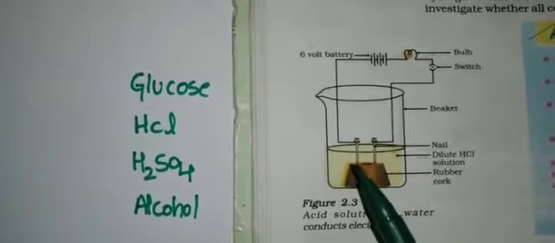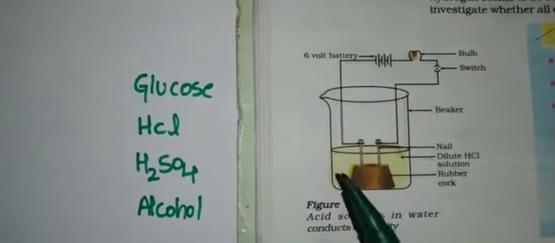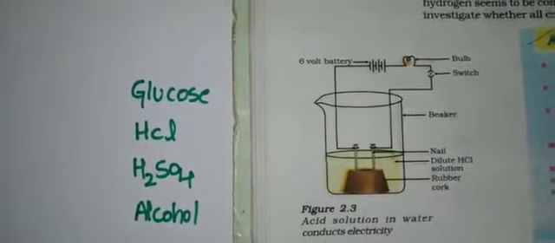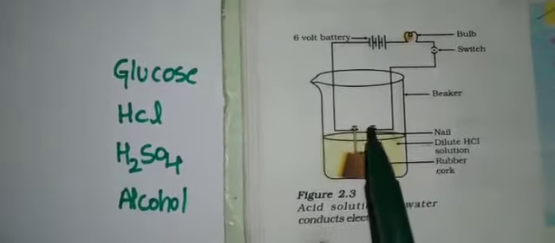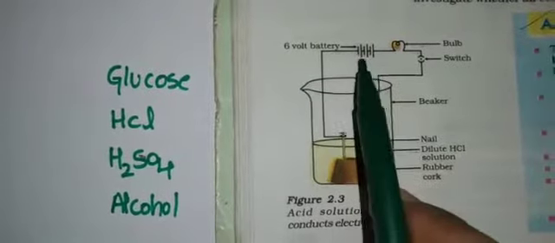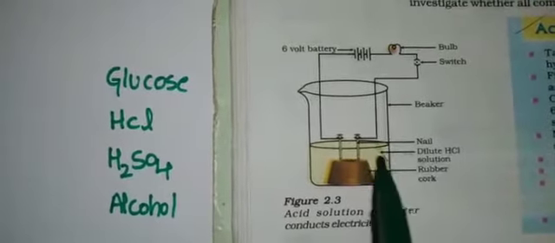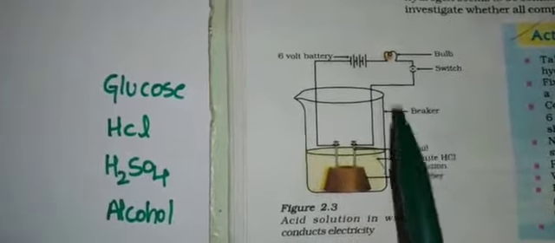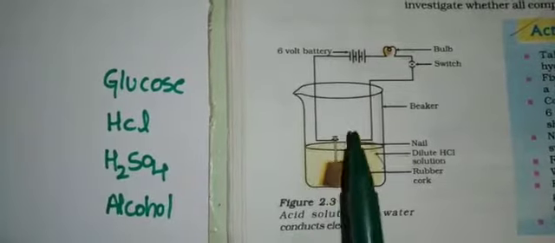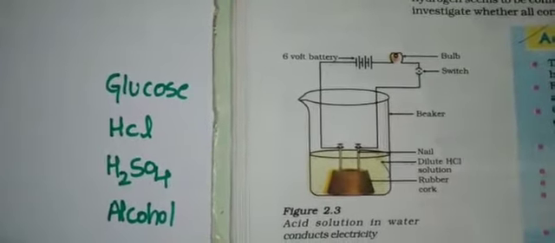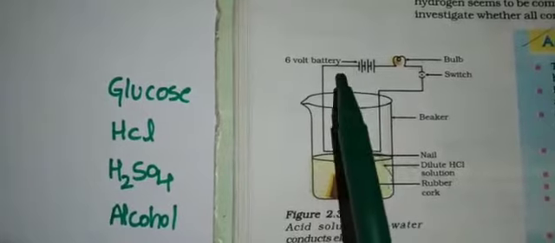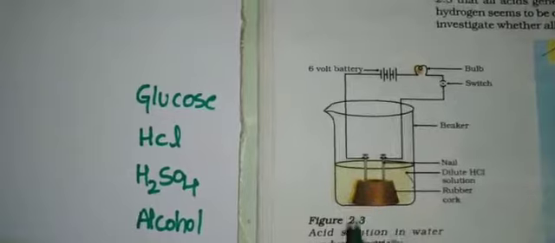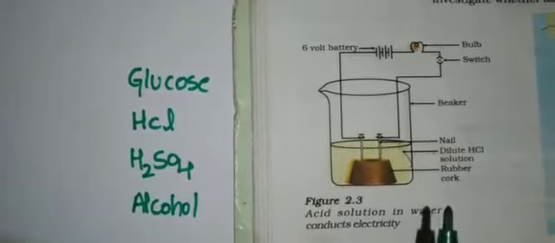So now we have fixed these iron nails to the cork and kept it in the beaker. We have to connect it to the battery, bulb and switch by using wire. Okay, by using wire we have to connect battery, bulb and switch to these iron nails. Two iron nails we have to connect. The battery should be 6 volt, through the bulb and a switch as shown here. We have to make all the arrangements.